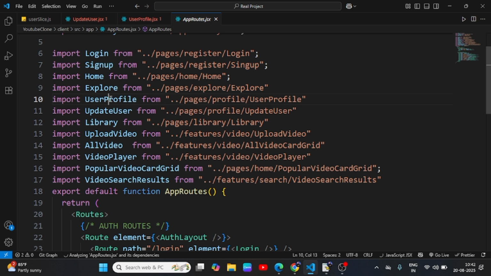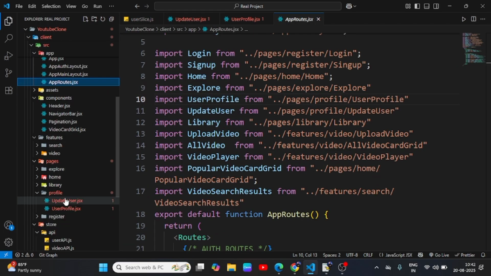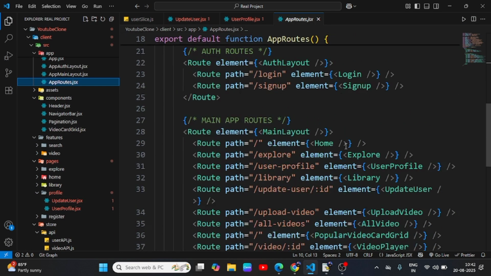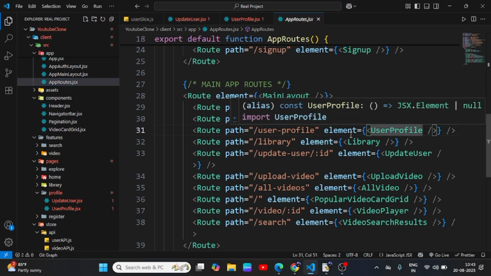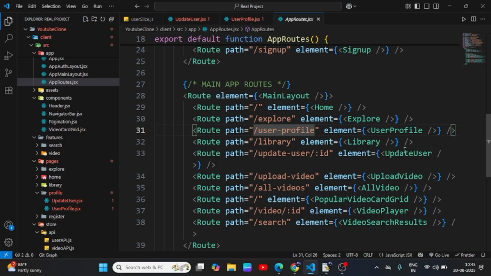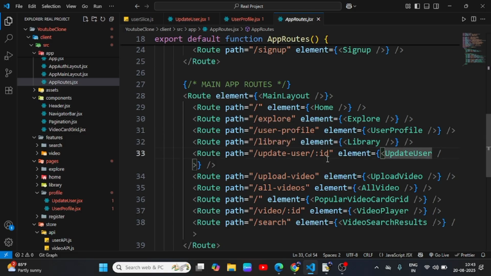So this is the user profile. I just import user profile, page profile. You can see from this one, right? And then this is the main layout route. So explore, yeah. Then I import this one, and then update users. So yeah, update user slice ID. Here you can see